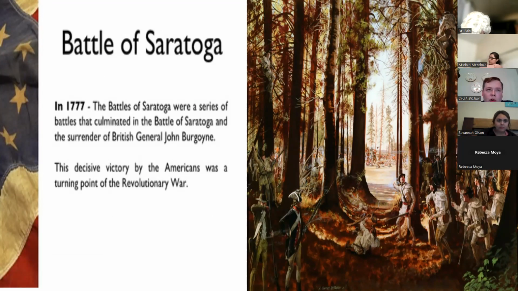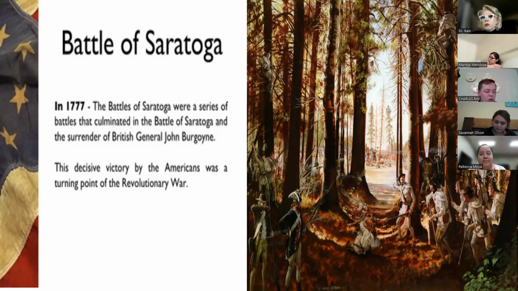So these losing battles are happening. George Washington has his army, and he does an awesome job of holding that army together because he knows that if that army is crushed, it's going to be basically the end. So to keep that swan song from playing, he keeps on the move and keeps on going, hangs in there until Saratoga. Basically, General John Burgoyne leads a huge army down from Canada across New York,